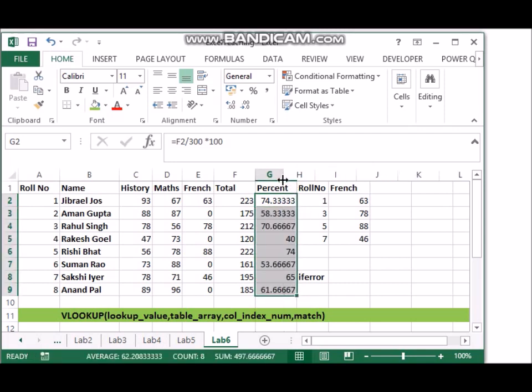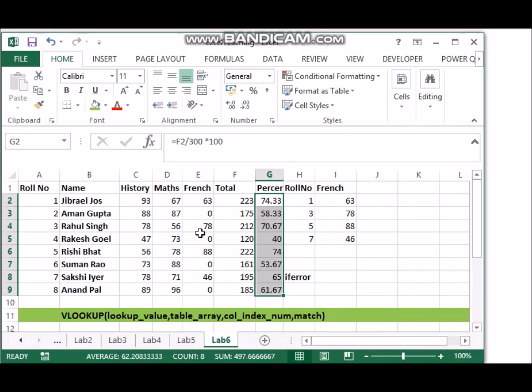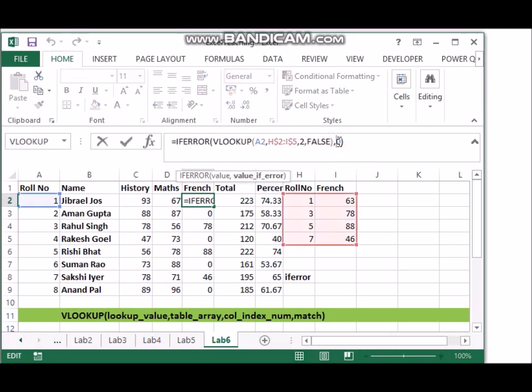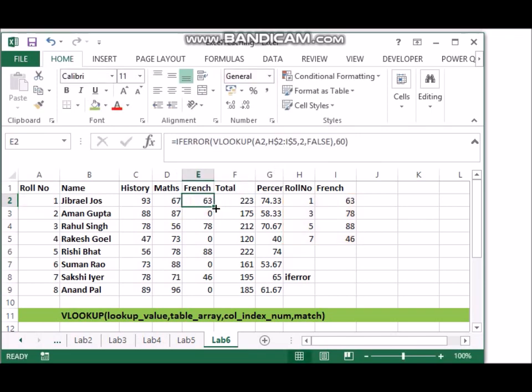Now the reason many people are getting fewer marks is also because there was 0 for these people. So to make it a bit more effective, instead of 0, I'm going to give them a default mark of 60. So now when I pull it down, these zeros will get turned to 60, and now our marks are a bit more realistic.